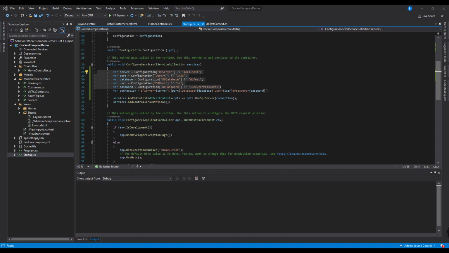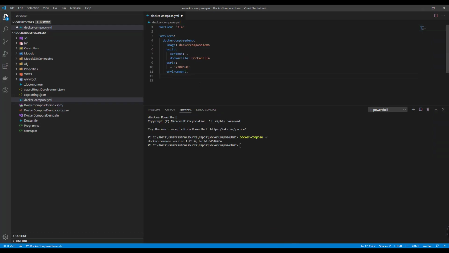To speed up, just add this code here. Now we have db server as SQL Docker image. This will be the name we are going to give for the service, SQL Docker image, that I will do in the next step. And we'll have db port, database name and password.